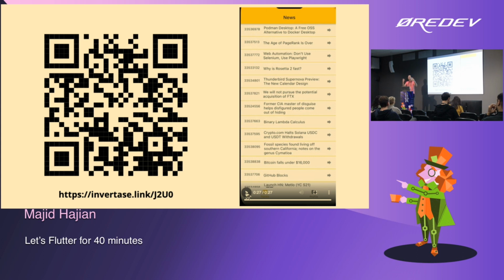You have network requests, you parse them, you convert them to that object in whatever language you're using. In this case, we're going to convert it to a Dart object, and then you build your screen. Very typical. I think it's 60% of probably what we do in our daily work.